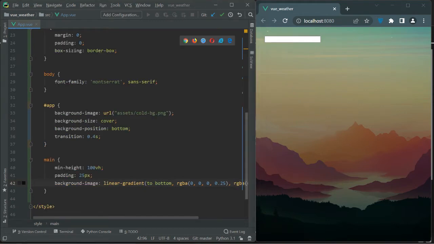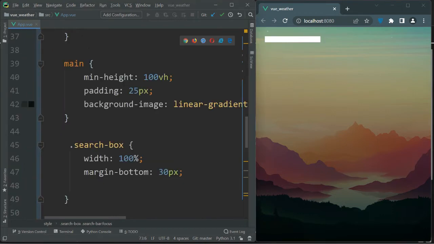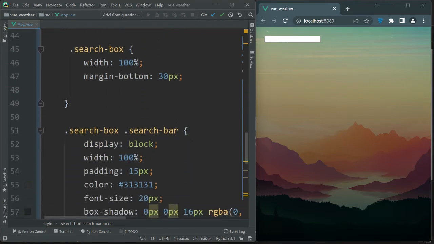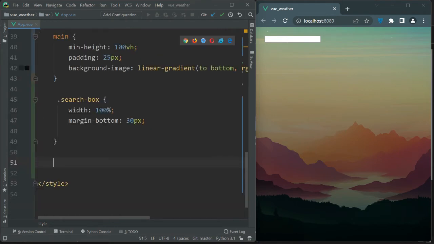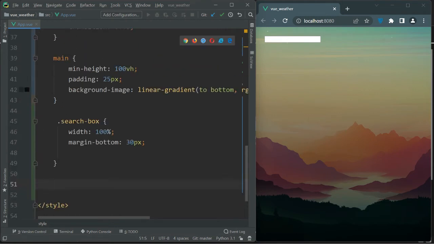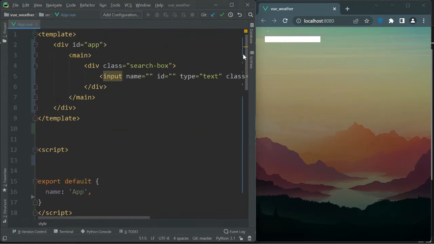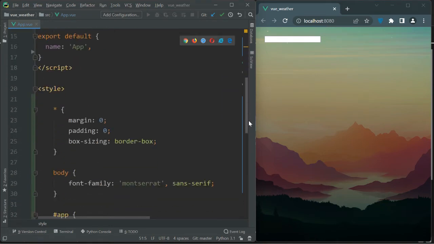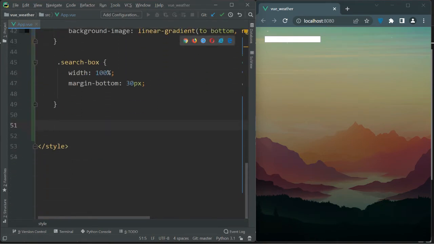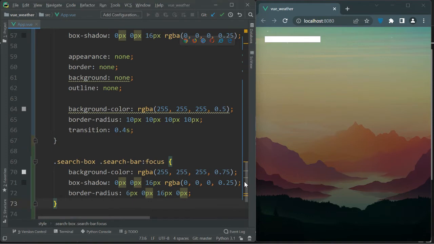Now let's change this search bar. First let's change this search box. Now .search-box, width equal to 100% and margin-bottom 30px. Then we have to remove the block. First let's see how our search box is looking. As you can see, we didn't affect any of this search bar because we just changed the width of the search box div. So now let's change the search bar, and for that I'm going to directly use